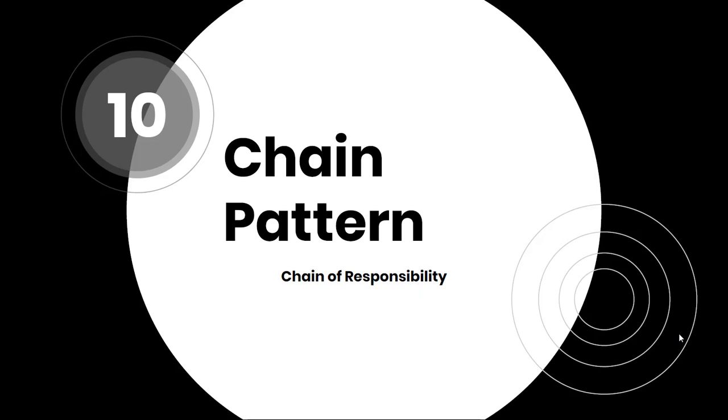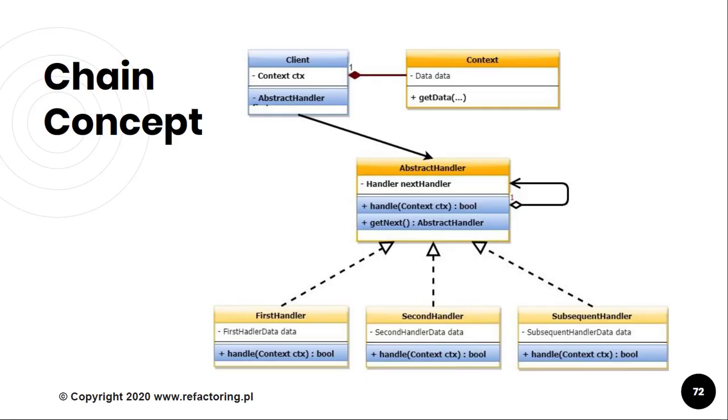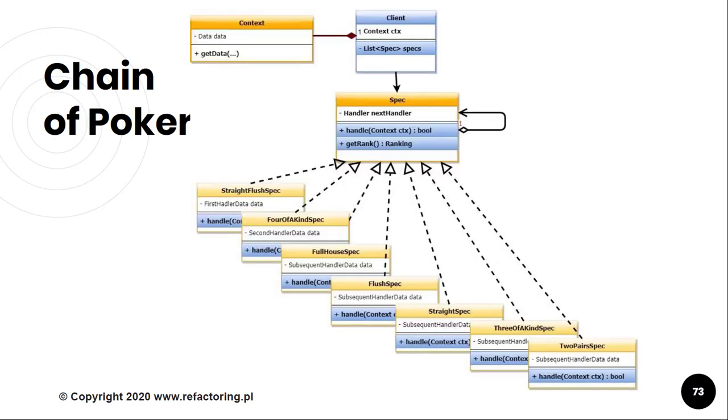Finally, we reached the point where we will see chain of responsibility design pattern implemented. The concept of chain is just a sequence of handlers. The first handler takes the execution, then if it cannot handle the case, the execution is forwarded into the second handler, then into the third handler, and so on. In our case,